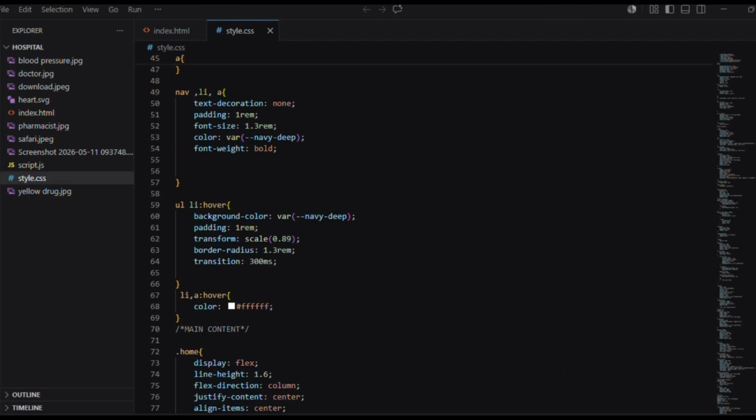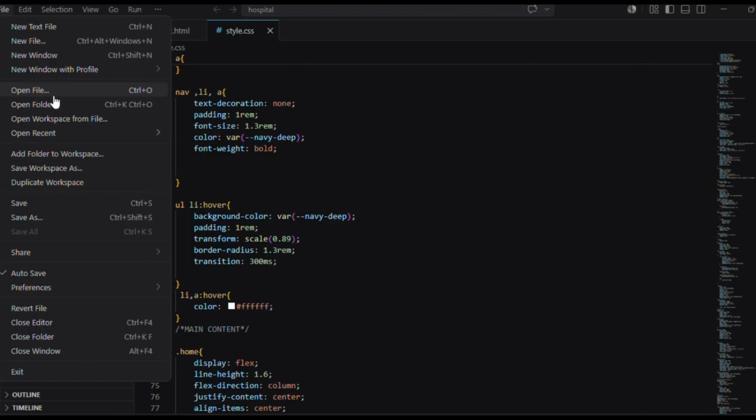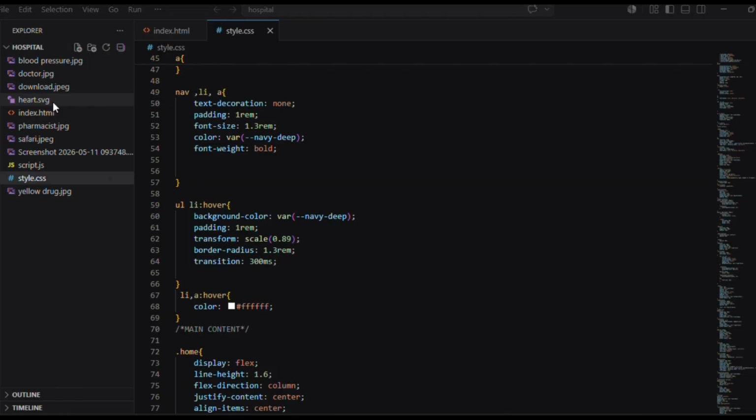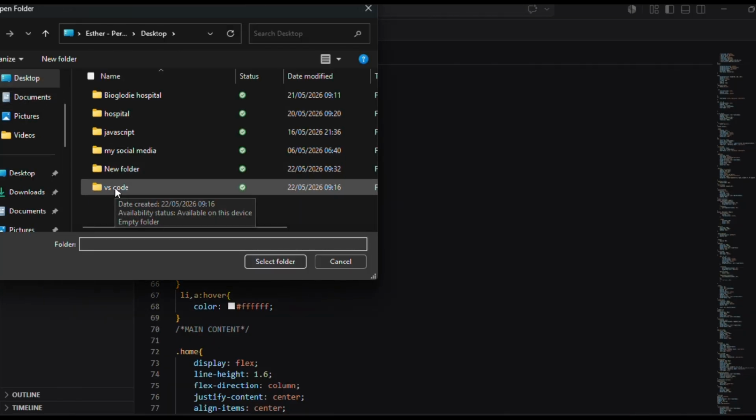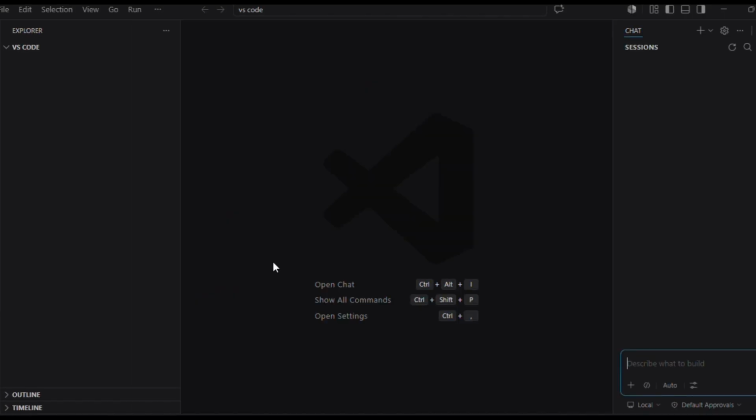So after that, you come here in VS Code, you click on VS Code. I guess you can see there's already some project that I'm working on, but let's use the other folder that we created in order not to confuse you. So it's here, VS Code. You select it and then